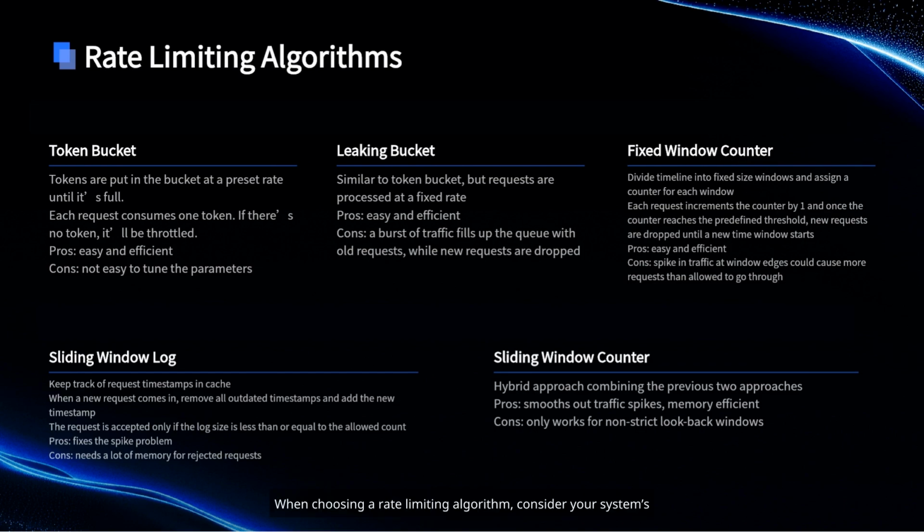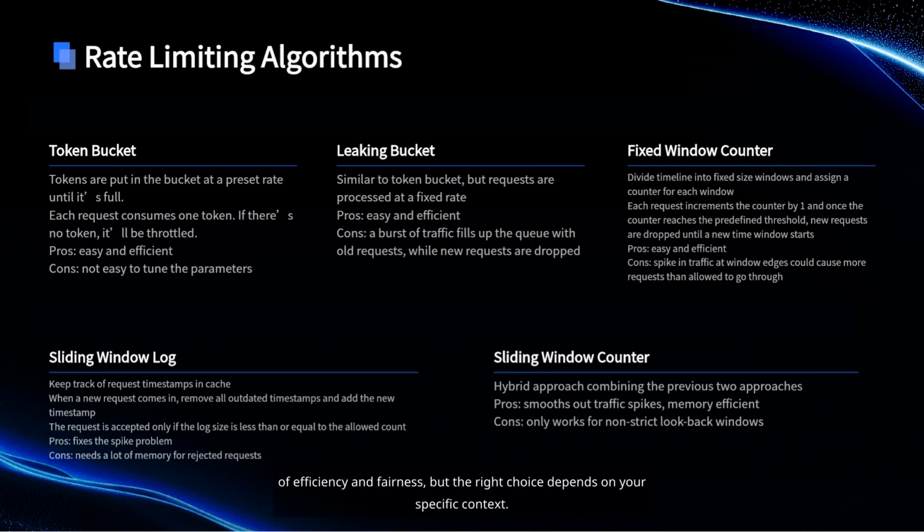Wrap-up. When choosing a rate-limiting algorithm, consider your system's tolerance for burstiness, memory constraints, and accuracy requirements. Token bucket and sliding counter are often favored for their balance of efficiency and fairness, but the right choice depends